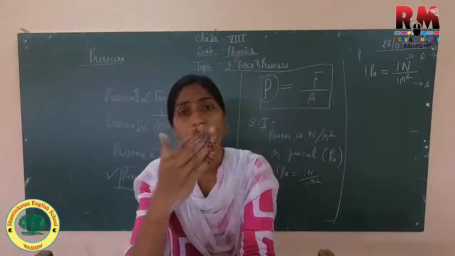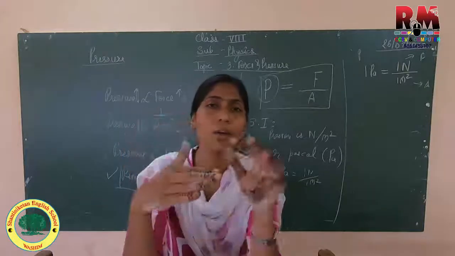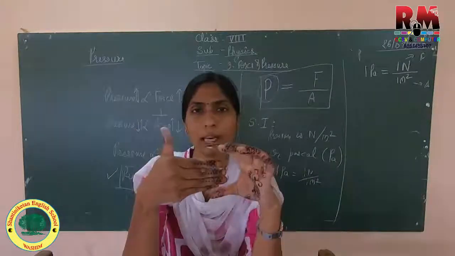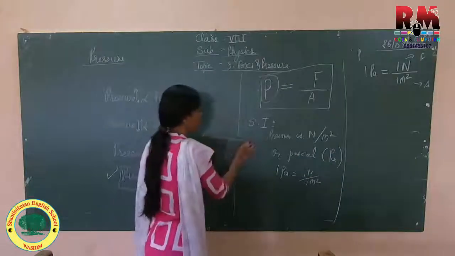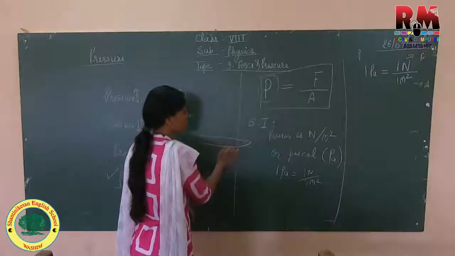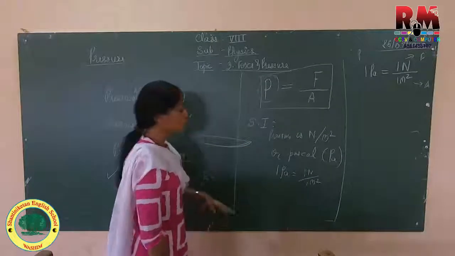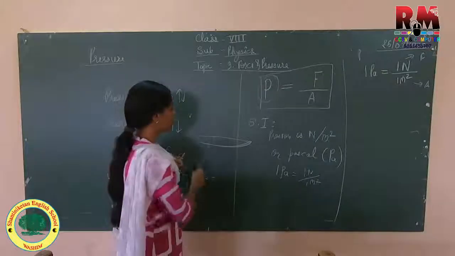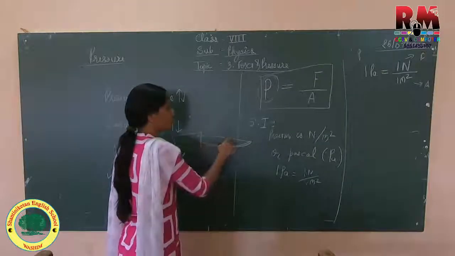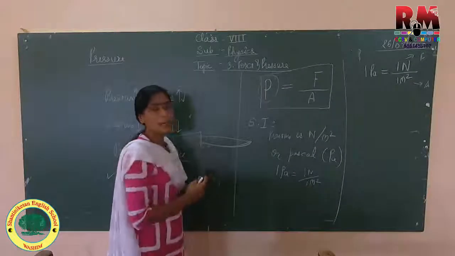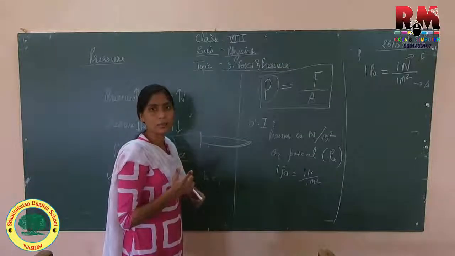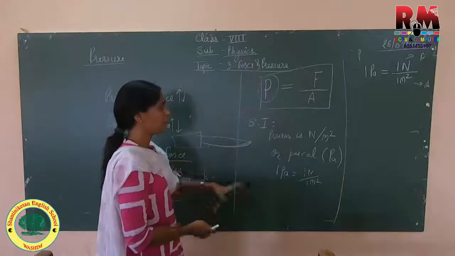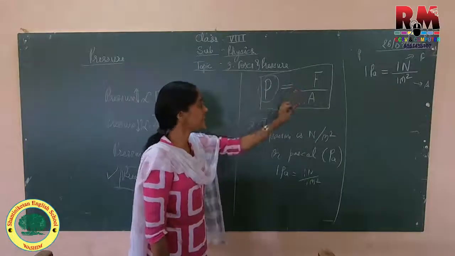Which side do you use in a knife, the sharp side or the blunt side? Sharp, because there are two portions in many knives. We have both portions. This one is the blunt part and this is the sharp part. So which area do you use? This sharp, not this blunt area. Why? If you try to cut by the blunt area, what will happen? The fruit or vegetables will not cut easily. Why? Because it depends on area. If we decrease the area,